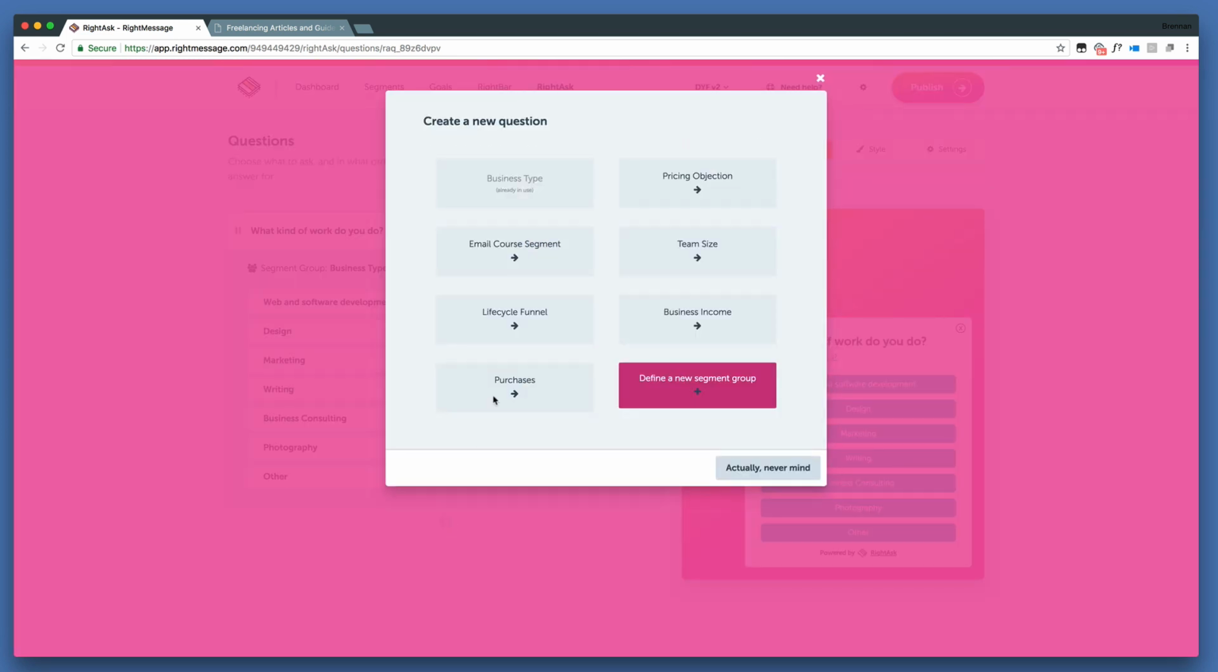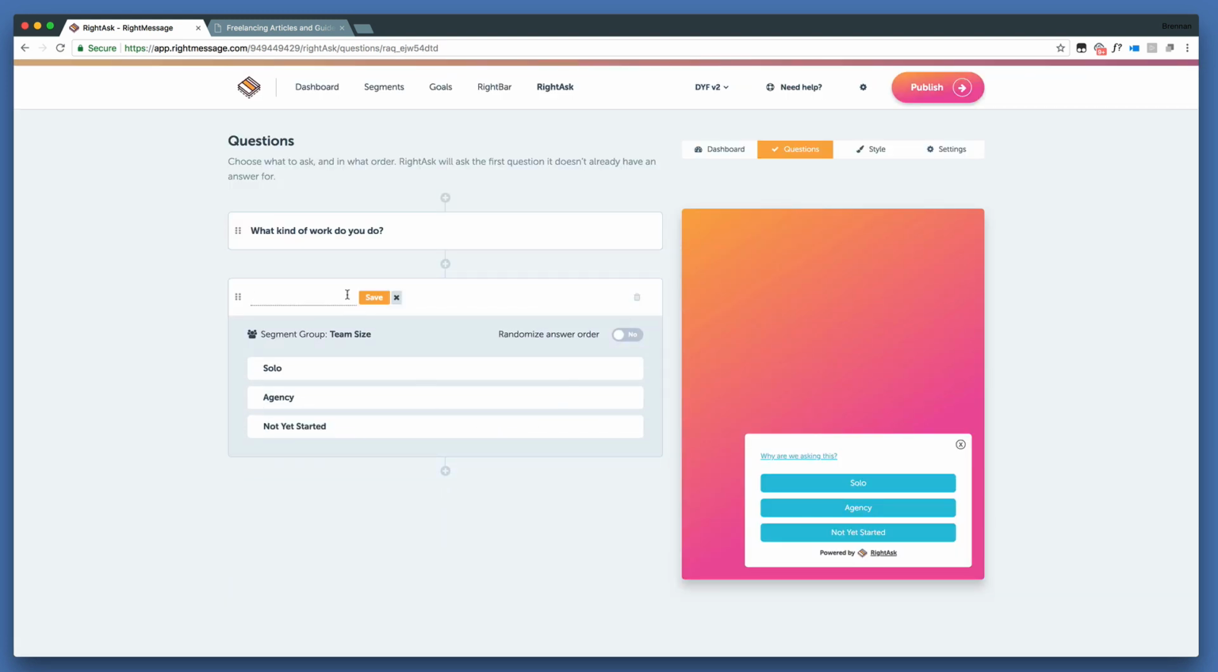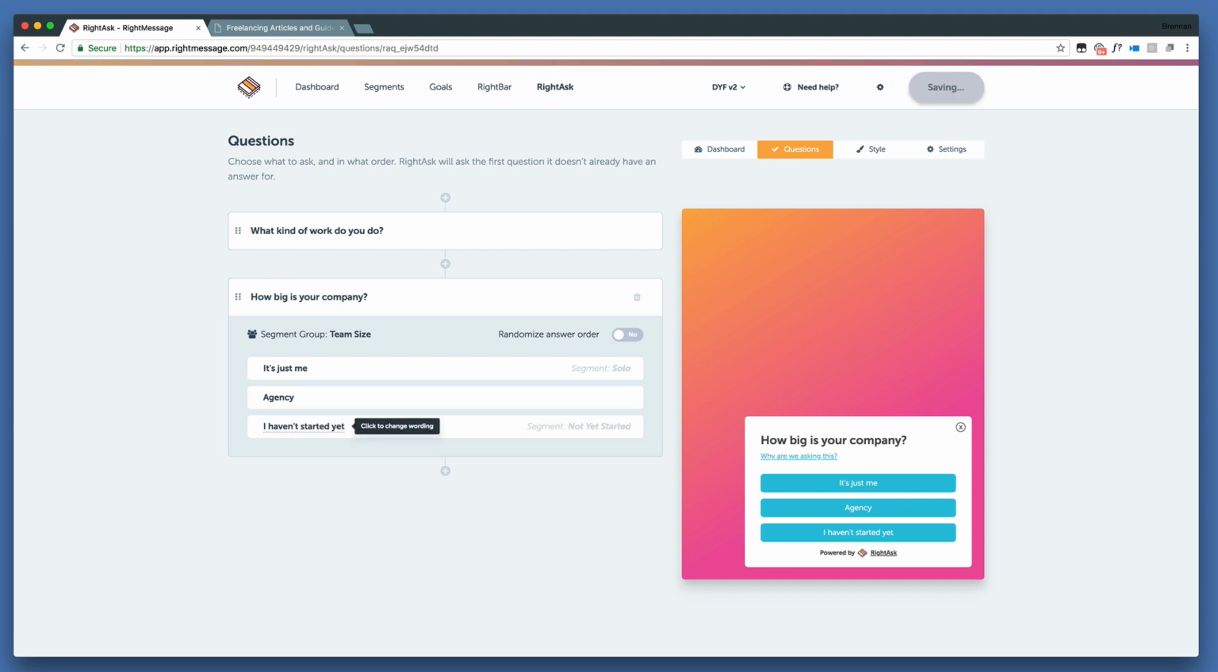So I'm going to add a new question now that is tied to team size. So how big is your company? Again, these are all segments I've already created, but you could create new segments on the fly if you don't already have them set up. So it's just me. I think I'll keep agency as is. That makes sense. And then I haven't started yet. Cool. So now I have two different questions that I'm asking people, depending on data that I already have,